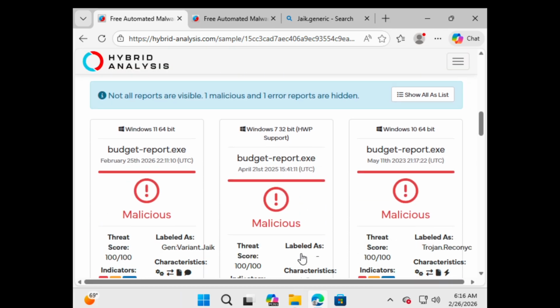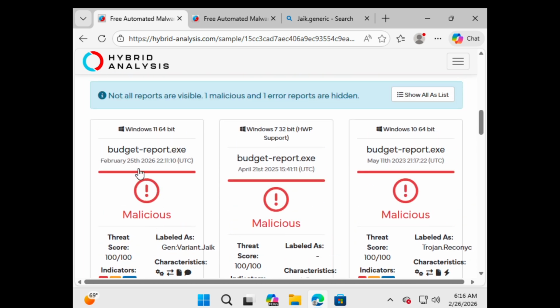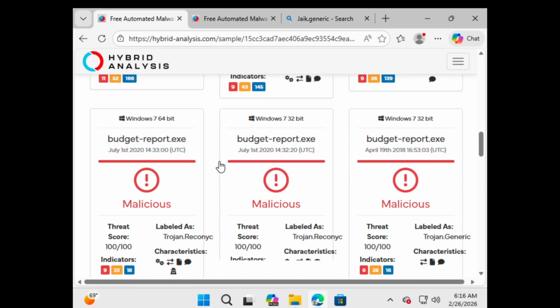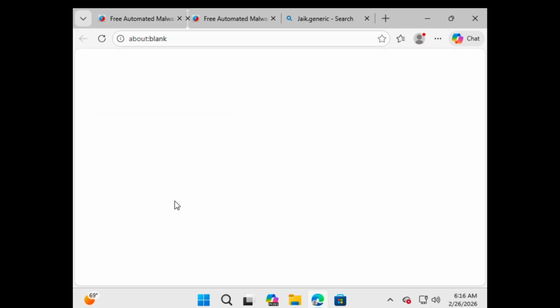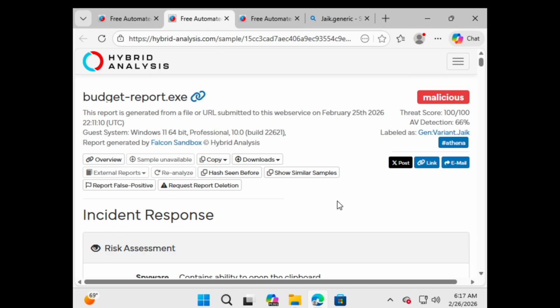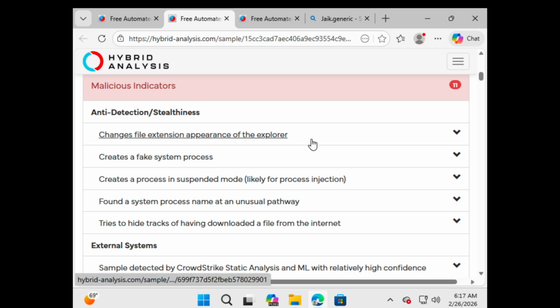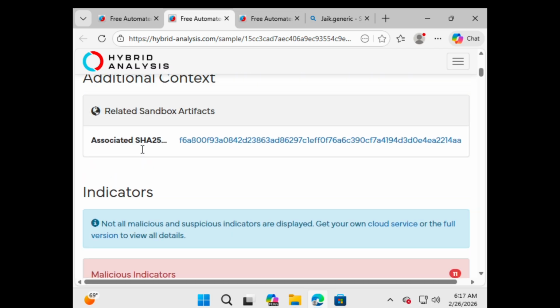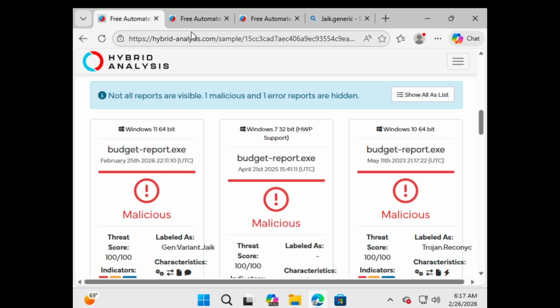And we can also see that the malware was run on not just Windows 11 but also Windows 7 32-bit, Windows 10, and all the different OS versions, and all show malicious. And if we want to view more detail, we simply click on the VM itself, and it will open another tab. And you can see the malicious score is different for different VMs. So, for example, if I select Windows 64-bit again,